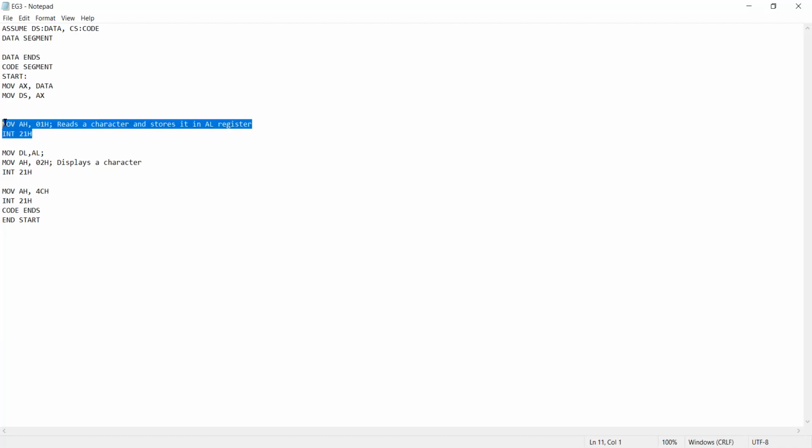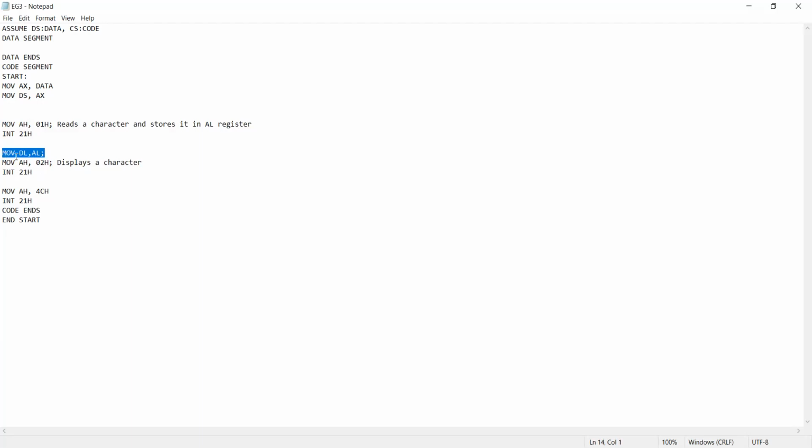Once the data is available in the AL register, suppose you want to print a character, that character should be available in the DL register. Then only it can be printed on the screen. That is why before calling another interrupt, we are moving the contents of the AL register into the DL register.